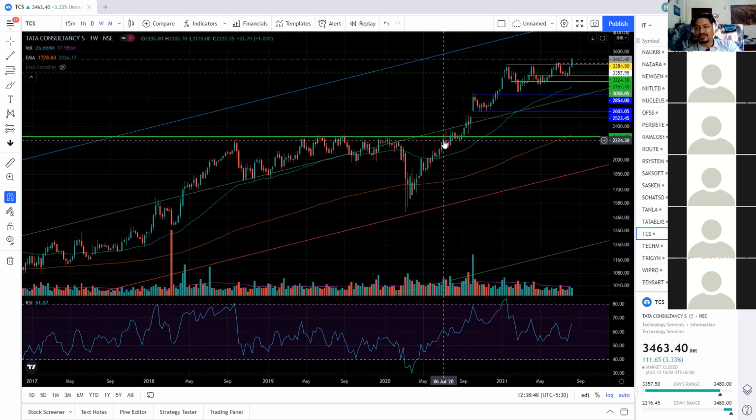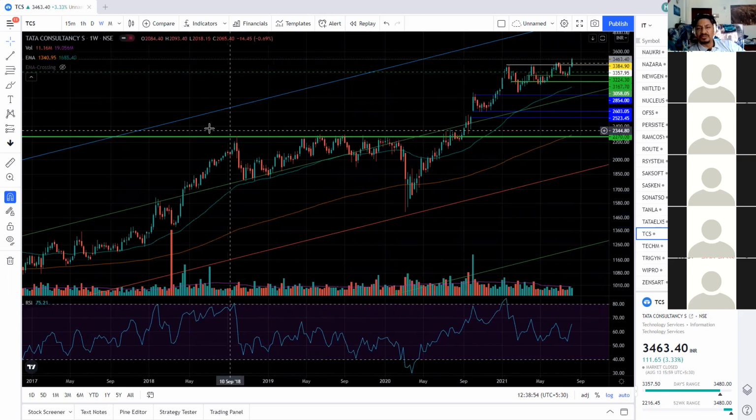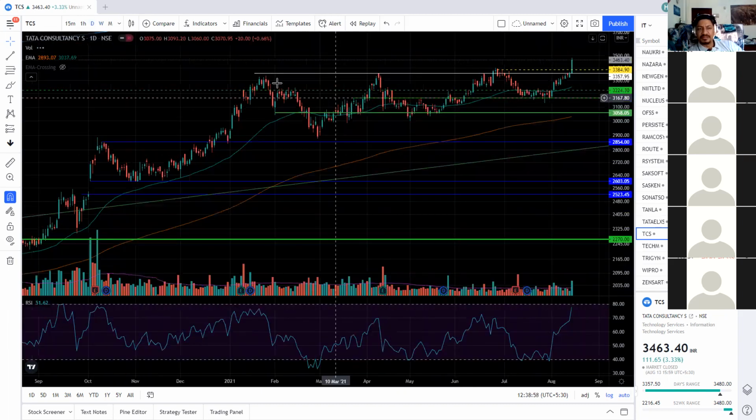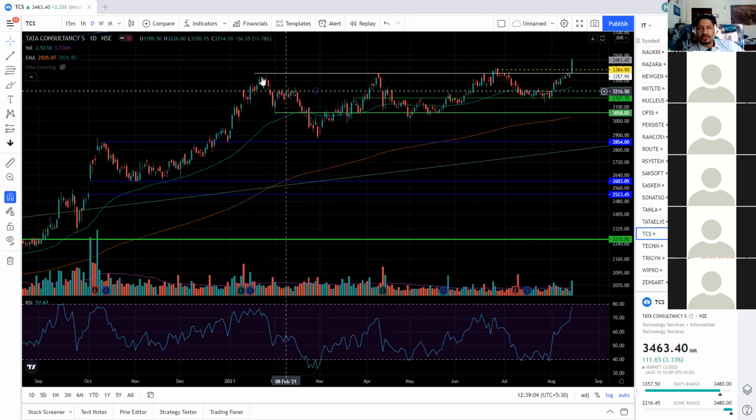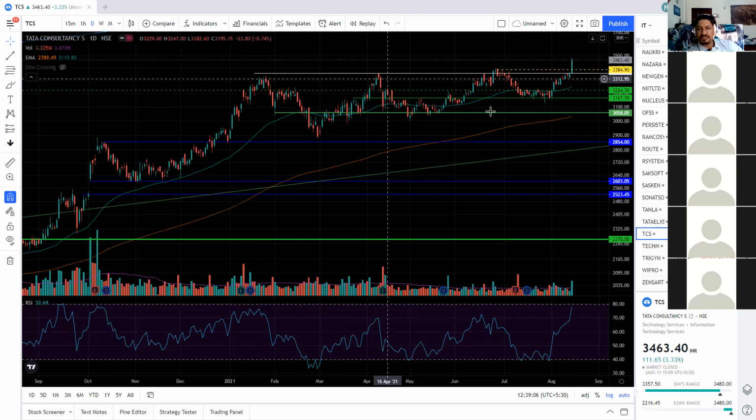This is a very good chart. It took 2 years. I will show you the charts where it took 7, 8, 10 years to cross the previous high. Now quickly go to the daily chart. See this resistance, same became. We'll start one more meeting after this if somebody does not know. Okay. So this extreme high, extreme high, extreme high.